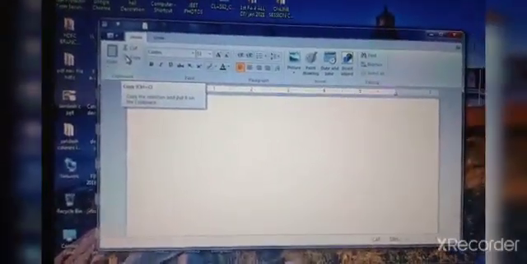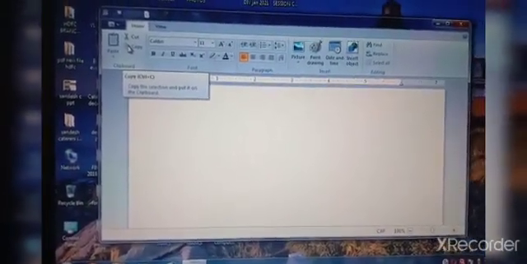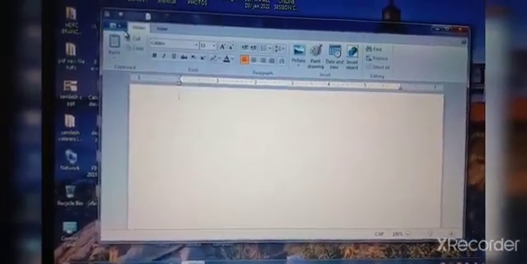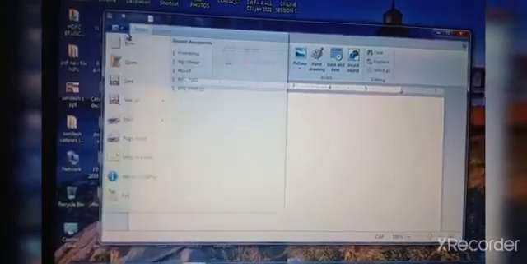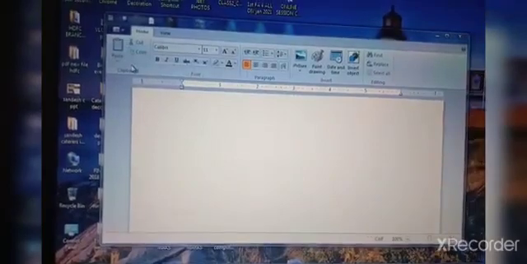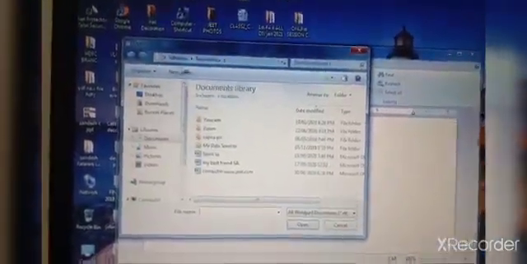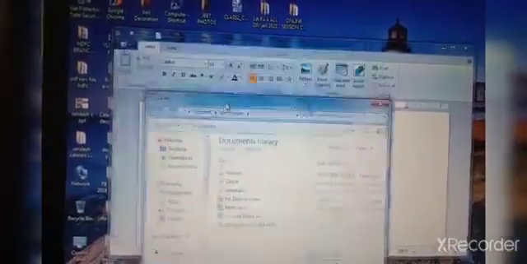Now to open an existing document which is already there in your computer, you can click on this WordPad button and click on Open. And now you will get the Open window. See, this is the Open window.